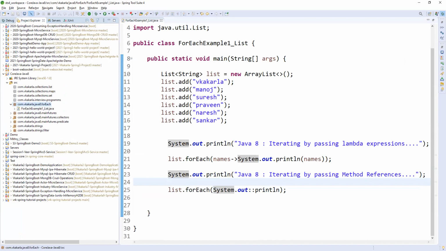Let me check one more example on this. Map and set, right? Let me take the set interface.